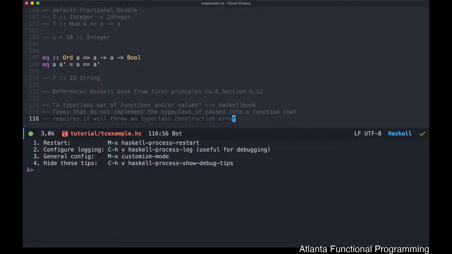That's the closest thing I can think of. Basically, it cannot construct or look up an instance of this particular type for this type variable. And remember, our type variables are generic when they end up getting instantiated into the actual